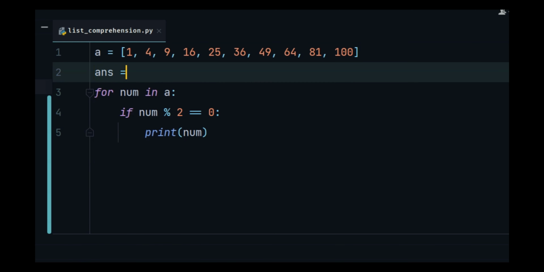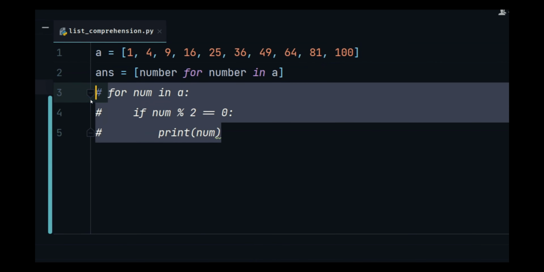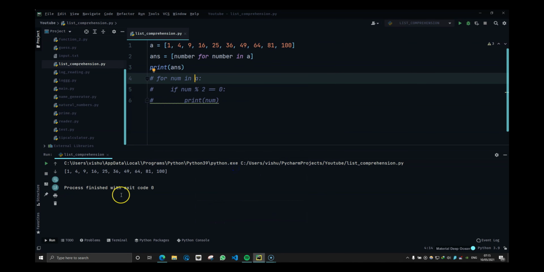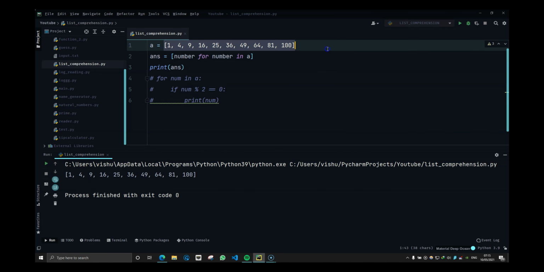So I will say answer is equal to, number for number in A. If I write this and print answer, let's see what our list gives. This is going to give the same list, because we have the same list over here.